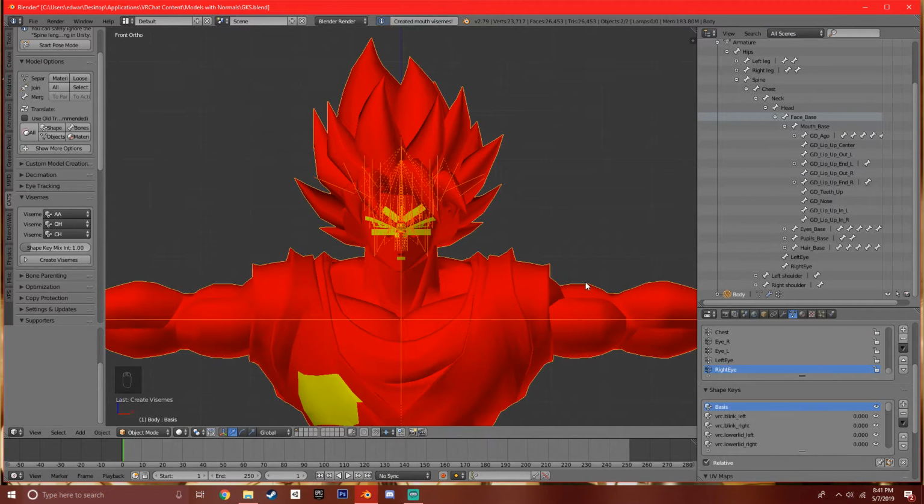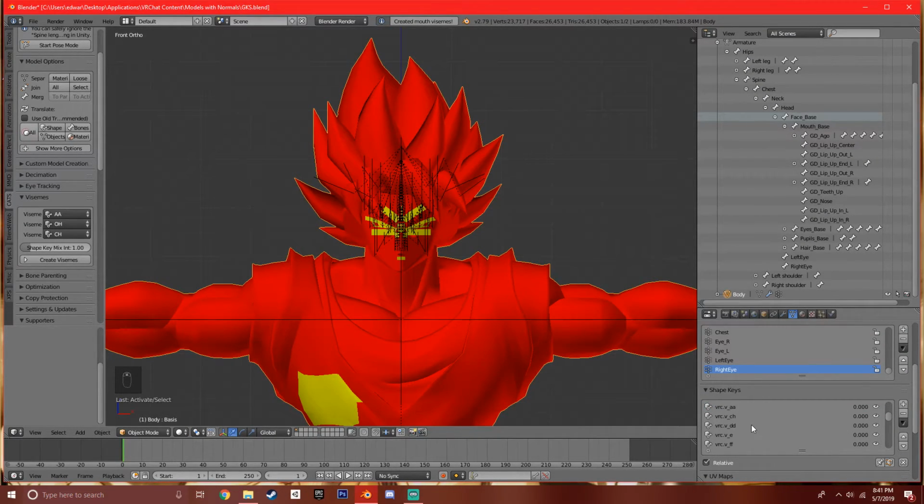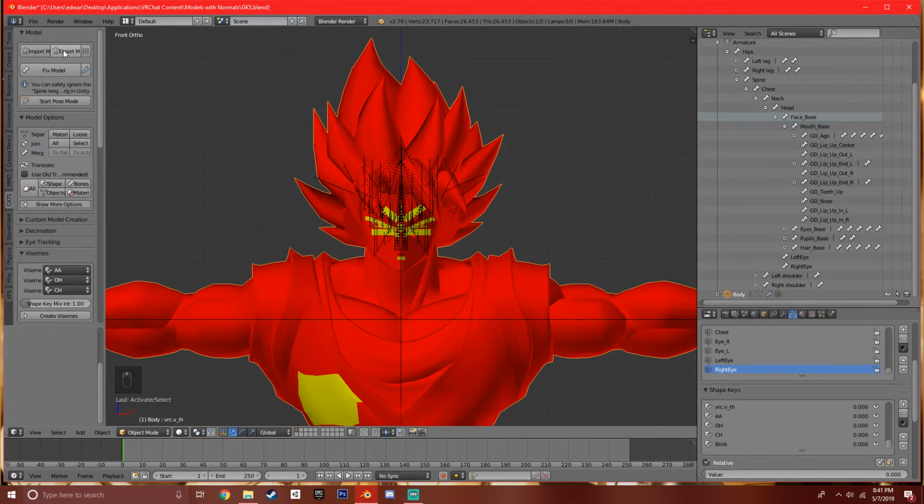And as you can see, if you right click the mesh and go down to shape keys, all the shape keys are already created. And that's basically it. You have made a FighterZ model that has full body tracking, eye tracking, and blinking with visemes. So now what you want to do is click export model,